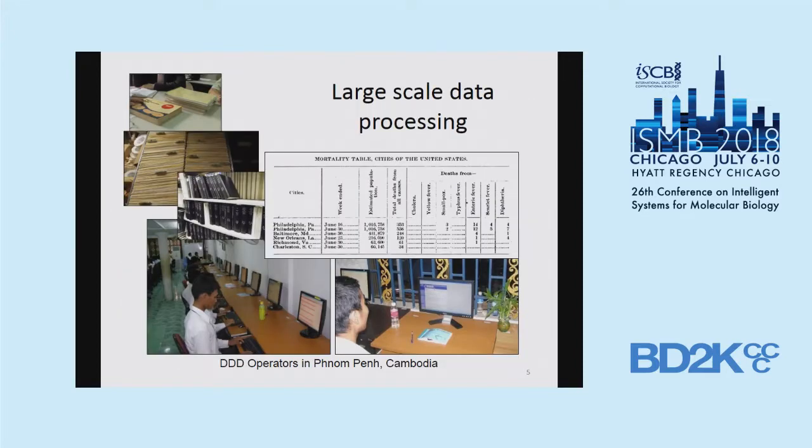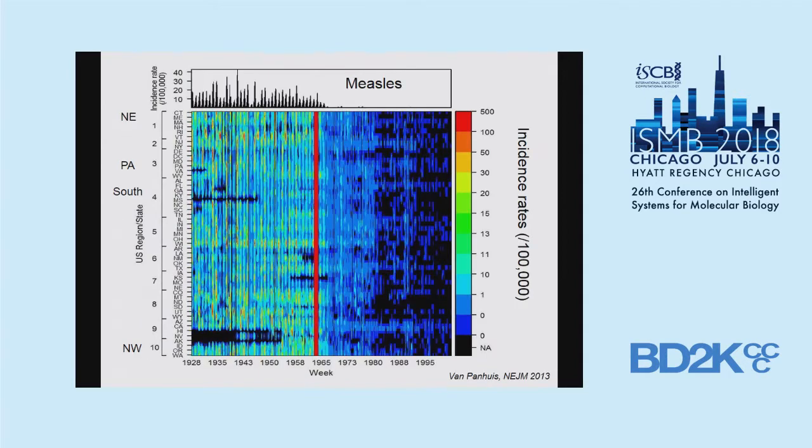You can see for the US data, we did a large-scale manual data entry process of going back these 125 years, getting tables such as this entered into computer format and harmonized into one database. Here, you can see what we can do with these data then. This is what somebody's called making these data actionable.